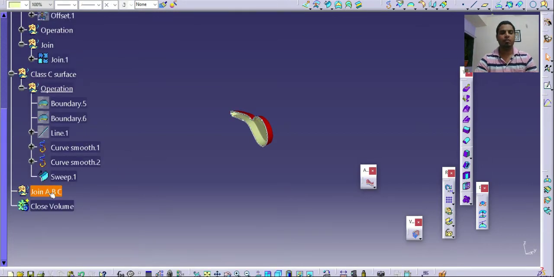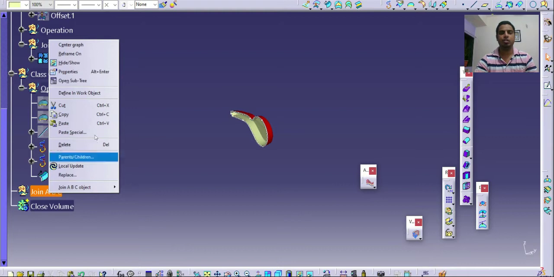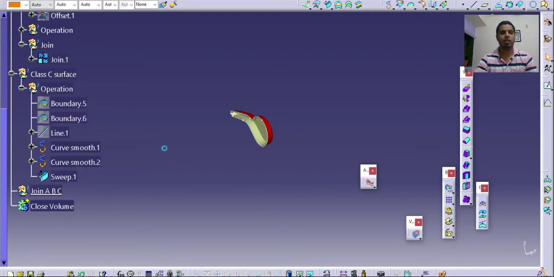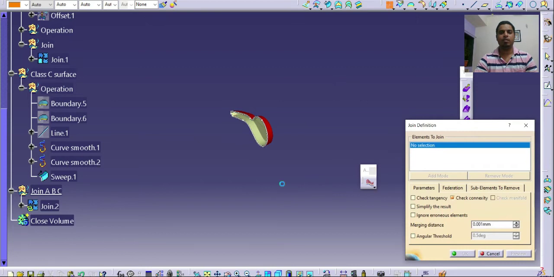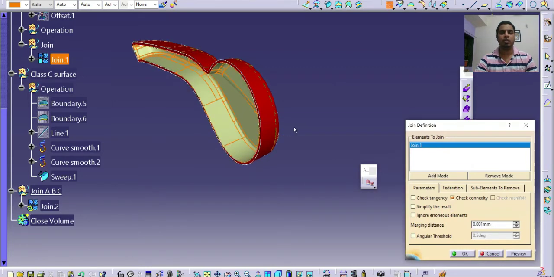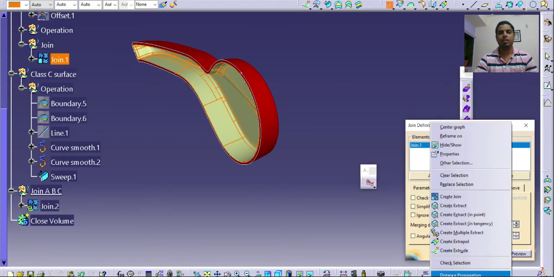So that's why we need to create this operation, that is join ABC. So I will specify this as a define in work object, and in that I will join all the surfaces. For using the join operation we need to go in here and I will select only one surface. There is an option called distance propagation.